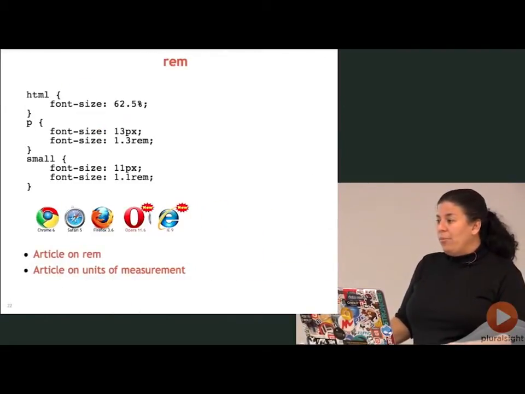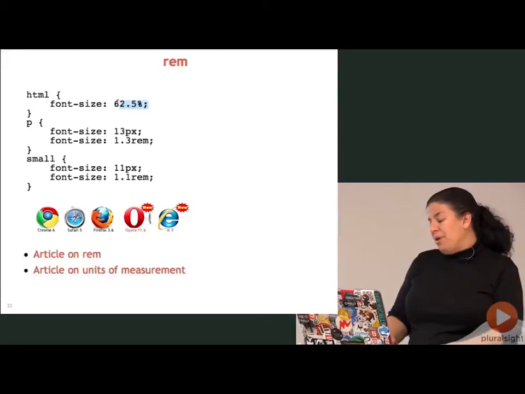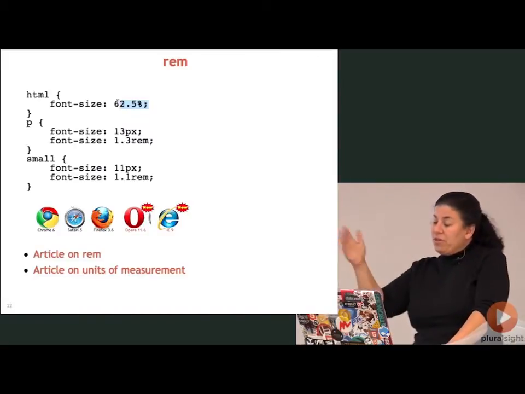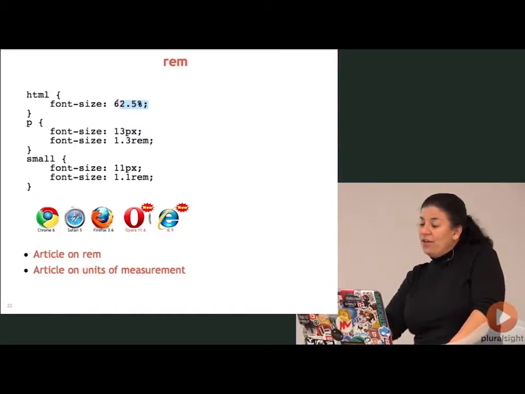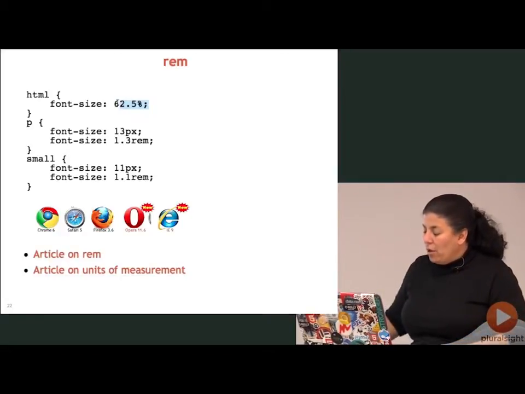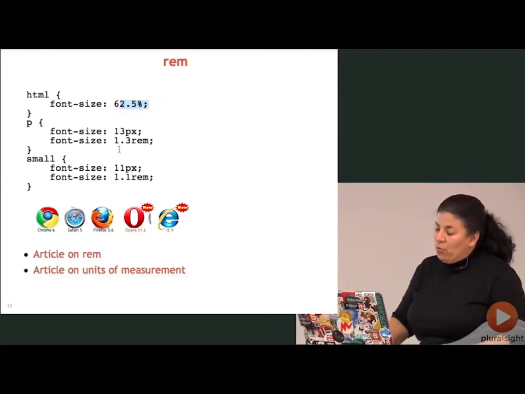Rem, I talked about rem earlier this morning, which is a relative em unit. And so if you want to have pixels and rems be the exact same thing, the correct value is 62.5%. That was figured out by the YUI team a while ago. So that's one way of doing it, and then you can just say 1.3rem and 13 pixels for the ones that don't understand it, and then you can just change this to